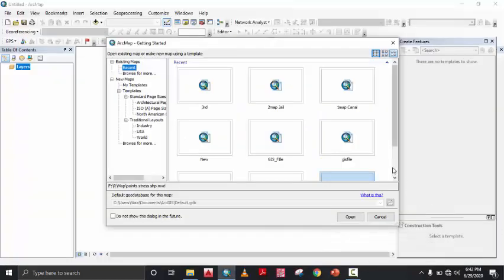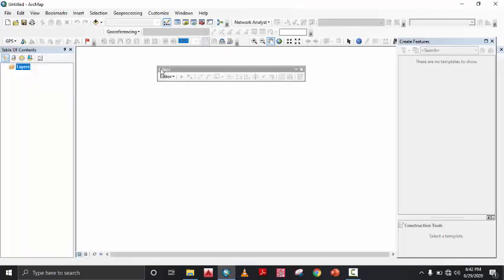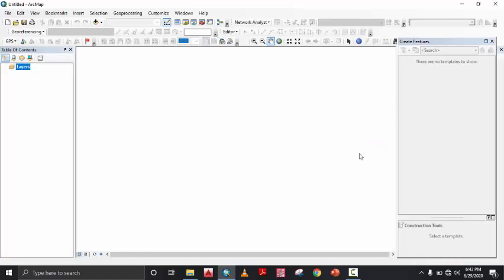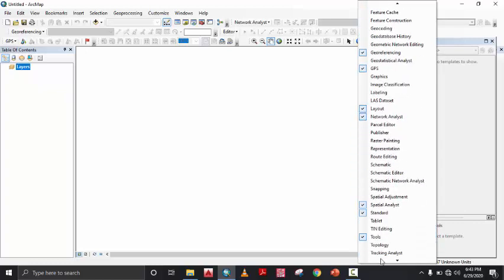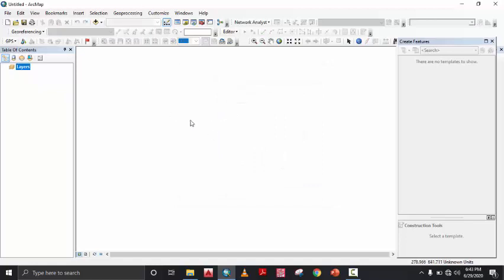When you open your GIS, there will be "untitled" written on that file. I have many files there, so this is showing the recent files. I'm just cancelling this one so that I can open a new one. Previously I talked about how to get your editor and different georeferencing tools there. You just have to go to customize, and you can turn on the different features you want to add there. We have discussed the editor, georeferencing, GPS, layout, main menu, network analyst, spatial analyst tool, standard, and tools. You have to add all of these there.